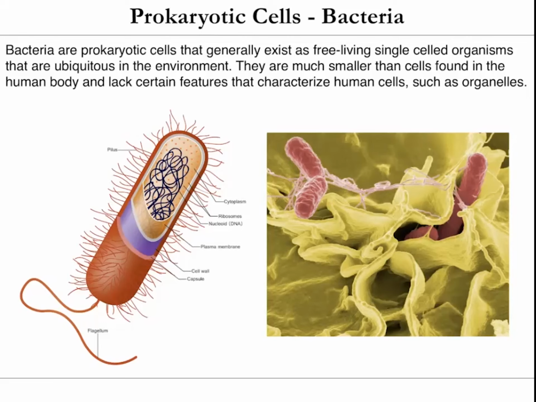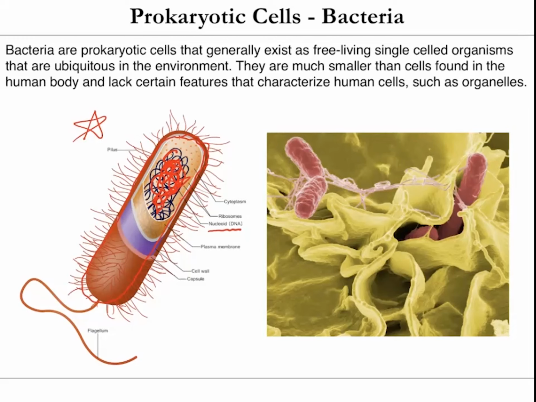So here is an outline of a bacteria cell right here, and they have a few features that make them quite interesting. So just like other cells, they have a cell membrane that surrounds the cell, and then they have what's called a nucleoid, which contains the DNA material. So they don't have a nucleus like in eukaryotic cells, which we'll talk about in a bit, but their DNA can be centralized in a specific region within the cell.